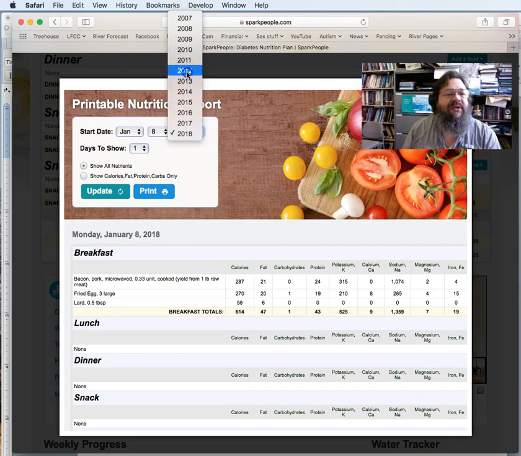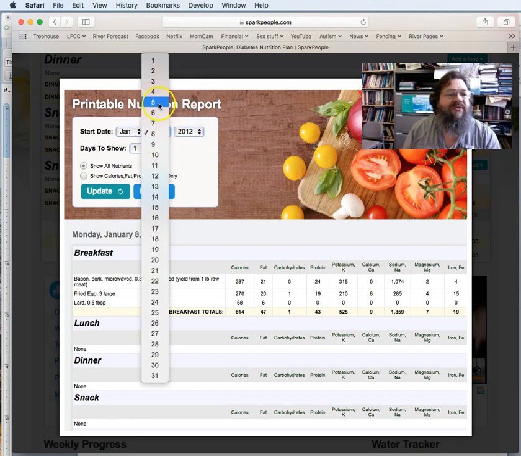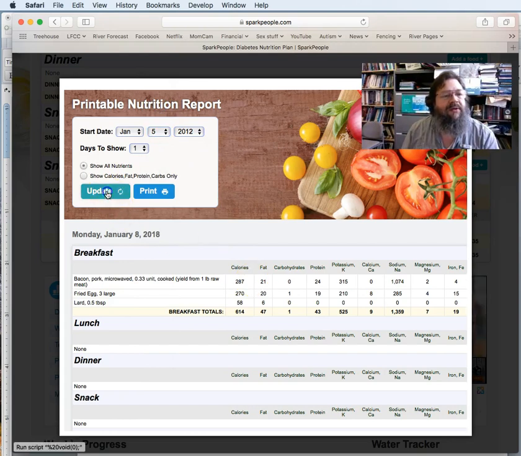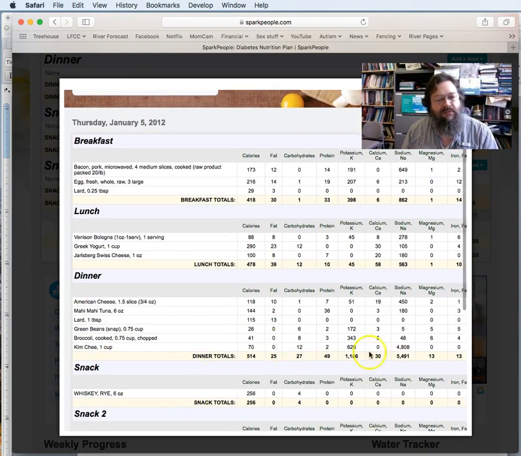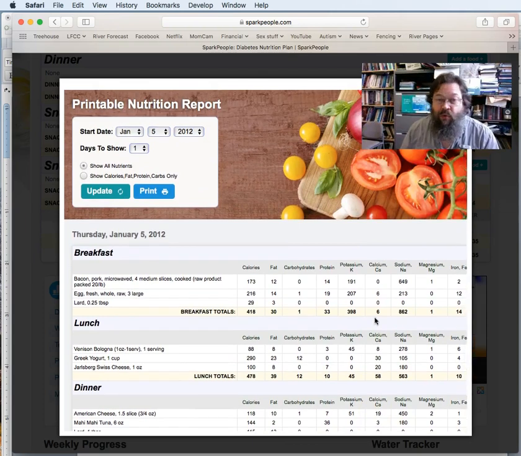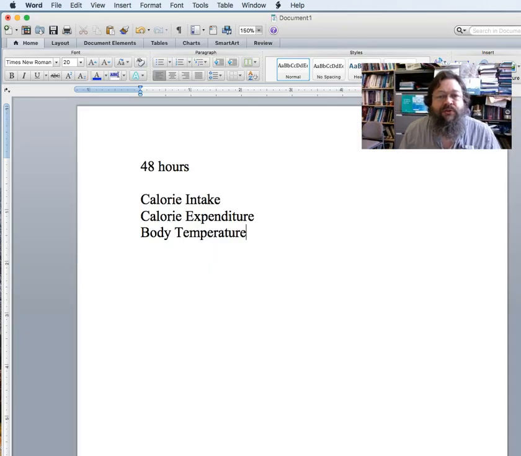I can switch this way just to go to the dates that we looked at before. Right? So those reports, once they're in there, are in there for good. Now, in addition to your calorie intake, you're also going to need to do your calorie expenditure. Now, the calorie expenditure calculation is kind of complicated, and I'm going to go through the calculation in lab when we get there. But before then, it's very important to